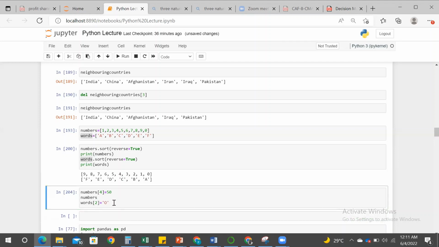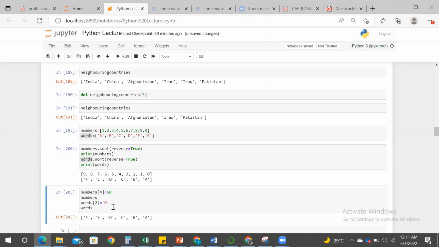When I run this, it is stored in the list, and to see the result, I will again copy the name of the list and run this, and now here I can see that D is replaced with O, or the value of the 3rd element of the list is updated from D to O. So this was the method to update the value of the list for both list of integers and list of